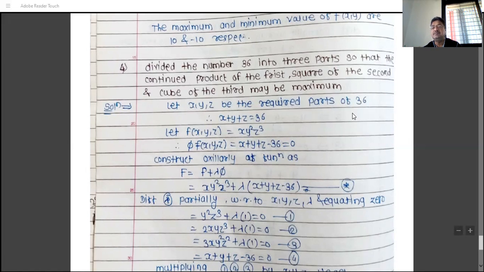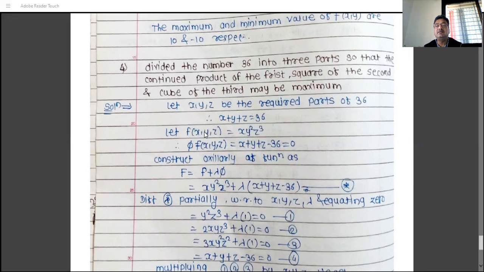So what are the parts of 36? If we divide 36 as 10 plus 10 plus 16, then 10, 10 and 16 become parts of 36. That is, the addition of the three numbers is 36. If x plus y plus z is equal to 36, then we say x, y, z are the parts of 36. So suppose x, y, z be the parts of 36. Therefore, x plus y plus z is equal to 36. Then consider the function f(x, y, z) is equal to, let f(x, y, z) be equal to